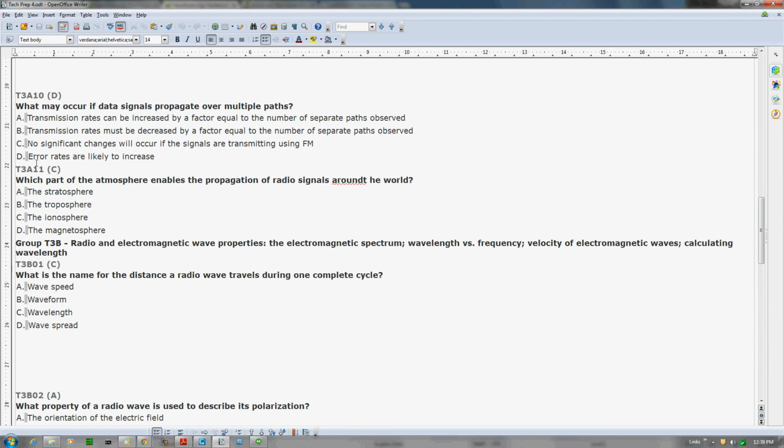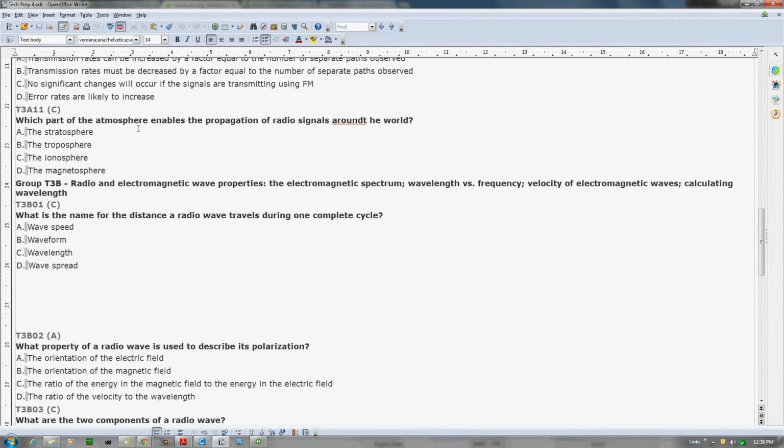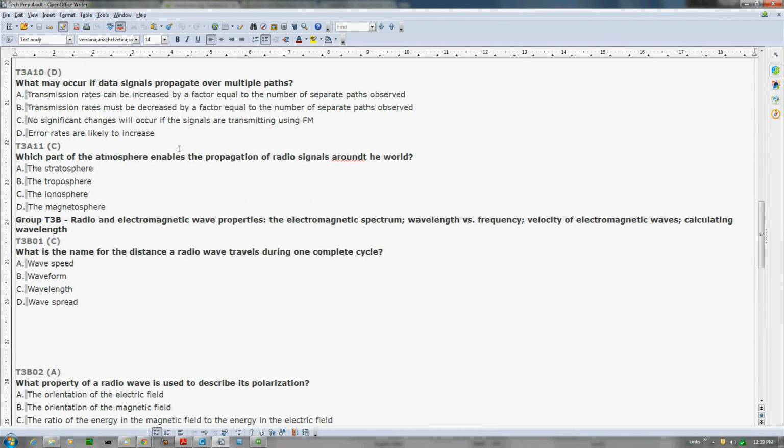The answer is, oh, and it's data signals too. That's important to differentiate there. And the answer is error rates are likely to increase because data is kind of picky about how it's sent and received, and well, how it's received actually. And if there's any distortion or shifting due to paths like that, it'll definitely increase the error rate a lot actually. I don't know that I've ever really seen it that much, but it could happen, and I guess that's their